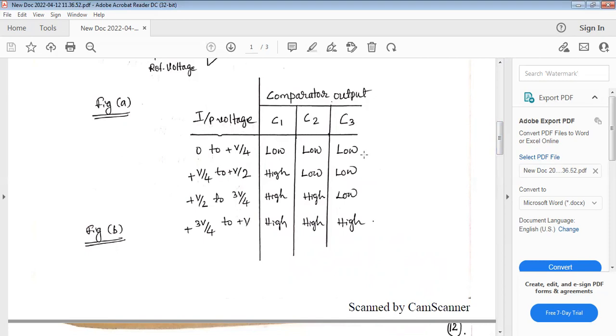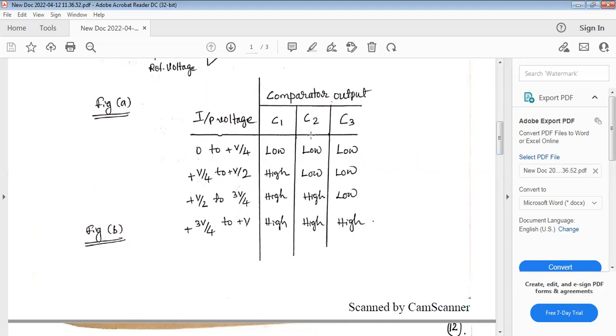That means they are in the off condition. They are not working. When the input voltage exceeds plus V by 4 and is less than V by 2, then comparator C1 only will be at a high position,